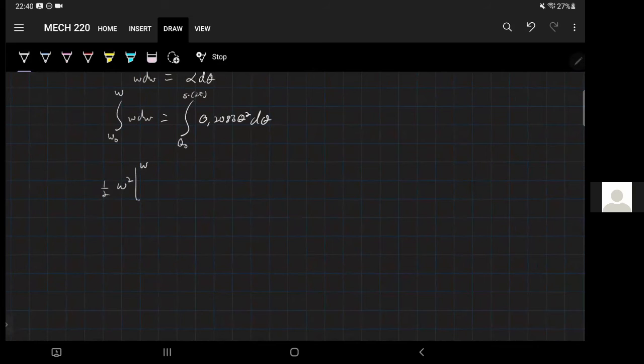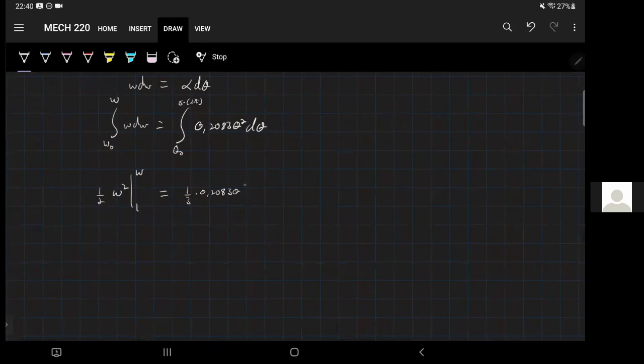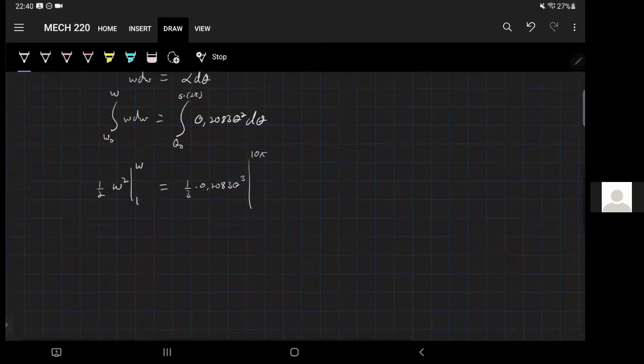From omega 0, which was 1, going to be equal to 1 over 3 times 0.02083 theta cubed, to the 10 pi, 0,